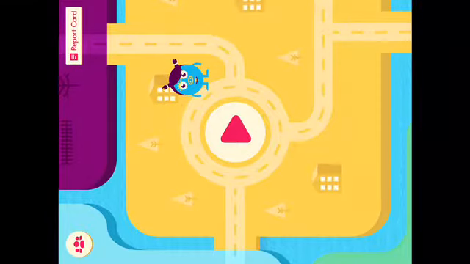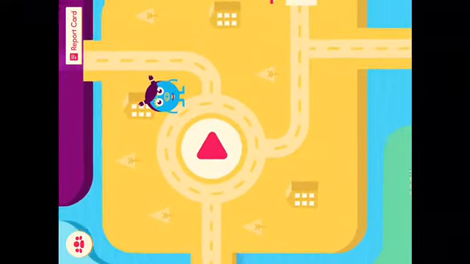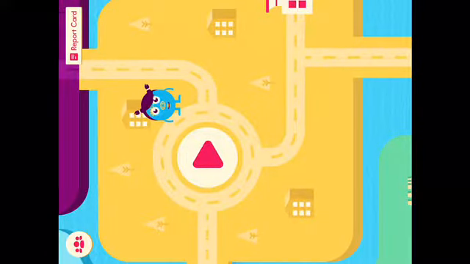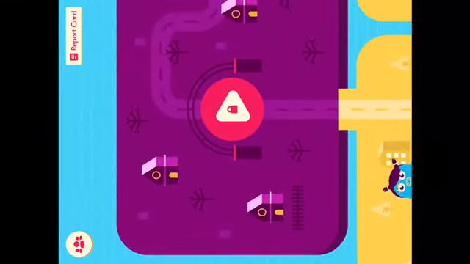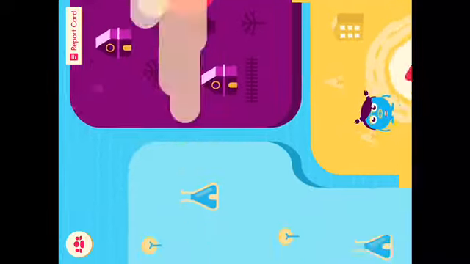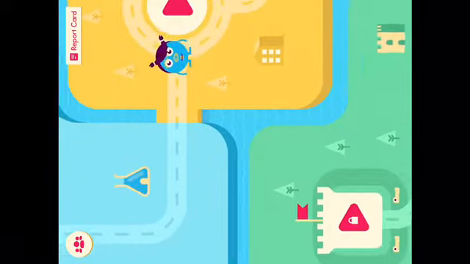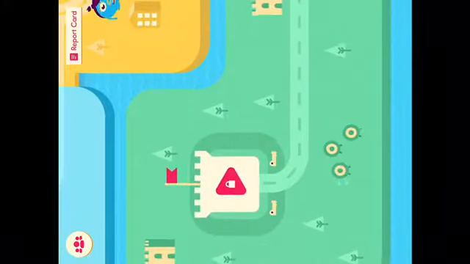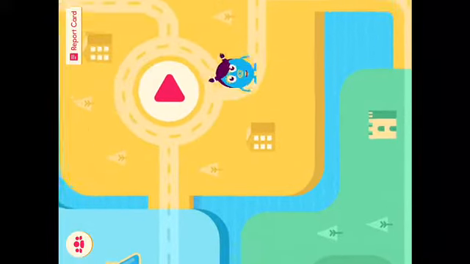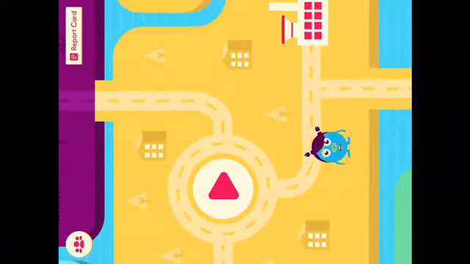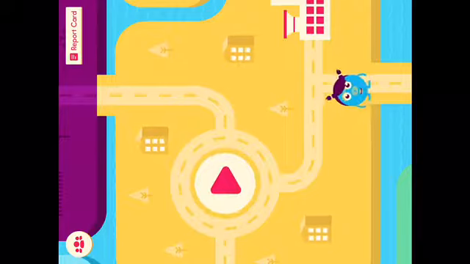So what it does now is it takes you to this screen. Since we haven't bought the upgraded version, all we can do is this little area on the map. But if you were to buy the upgraded version, you would get this purple area, this blue one over here, and then this green one down here. But even without the extended version, there's plenty of games for the kids to play to help them with their